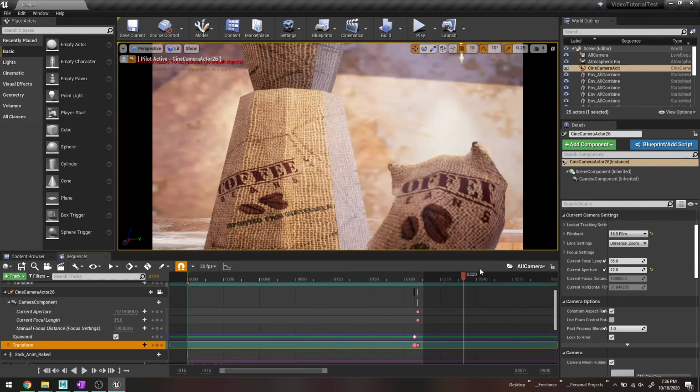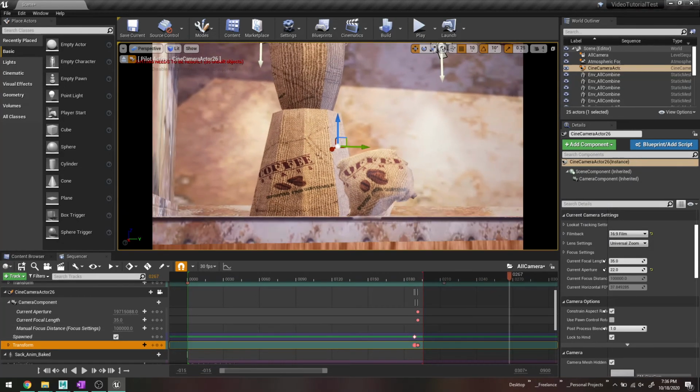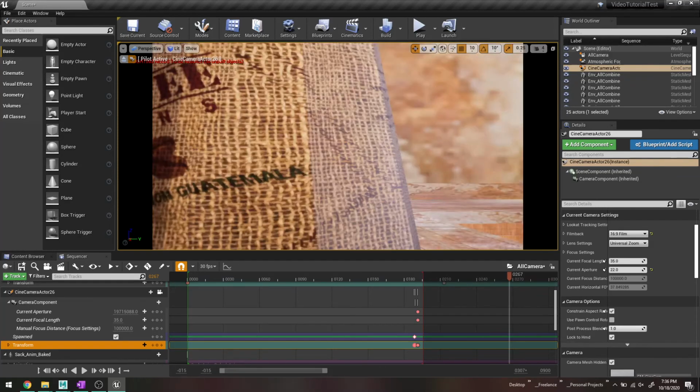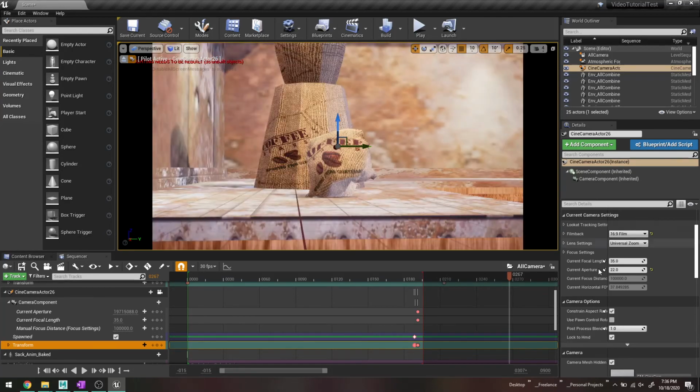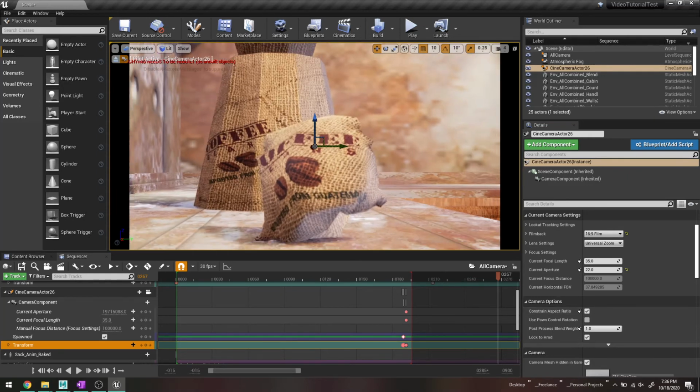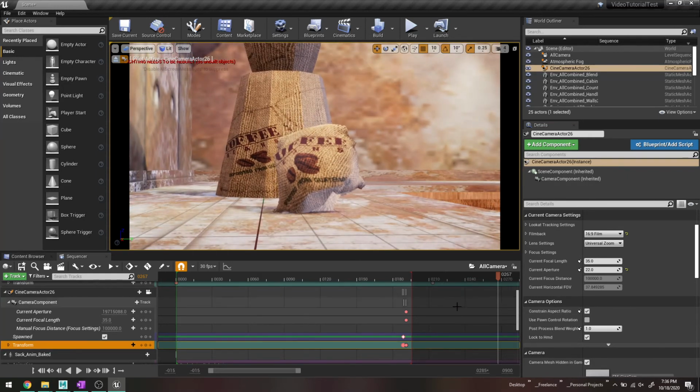I'm going to go ahead and just sort of randomly zoom out on this. You can also key stuff like the focal length and the aperture. I think I might need to expand that menu a little bit. So these little diamondy dudes with the plus button, you can also keyframe that should you need to. So I'm going to go ahead and